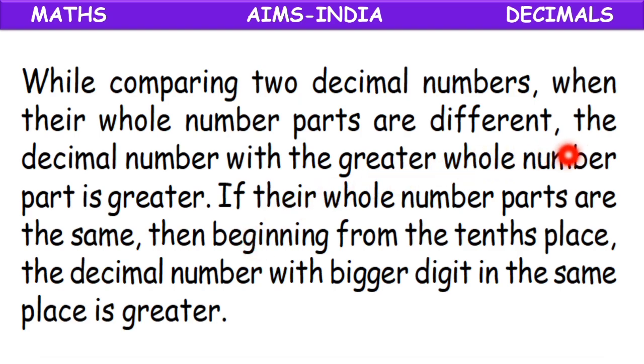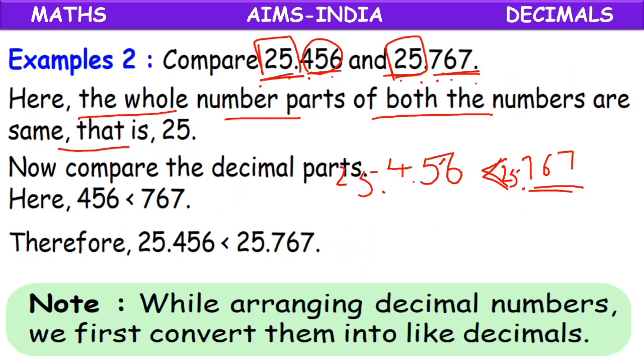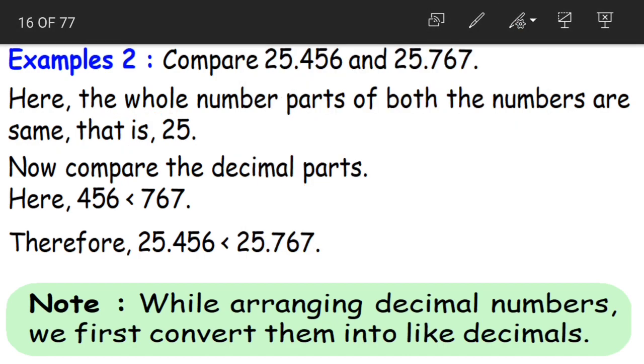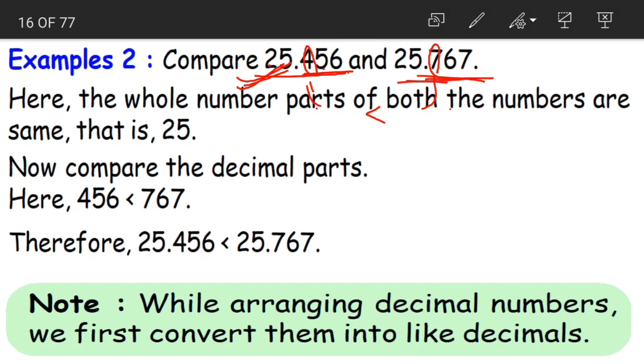While comparing two decimal numbers, when their whole number parts are different, the decimal number with the greater whole number part is greater. If their whole number parts are the same, then beginning from the tenths place, the decimal number with the bigger digit in the same place is greater. How will we compare these two? We'll compare from this part. Yes, 4 and 7. 4 is less than 7. So the decimal number 25.456 is less than the decimal number